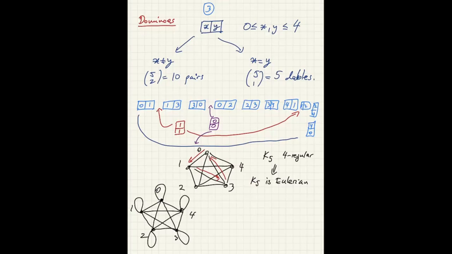I posted on the Google Drive a paper by Mackay and Robinson in which they do computation of these Eulerian circuits in complete graphs on n vertices with n odd. And two Eulerian circuits are considered to be the same if one is a circular permutation of the other. So for example, let's do n equals 3. If I just draw the complete graph with 3 vertices, this has 2 Eulerian circuits